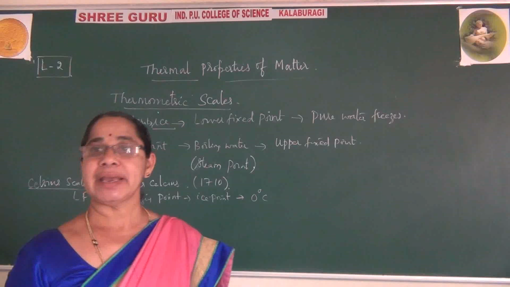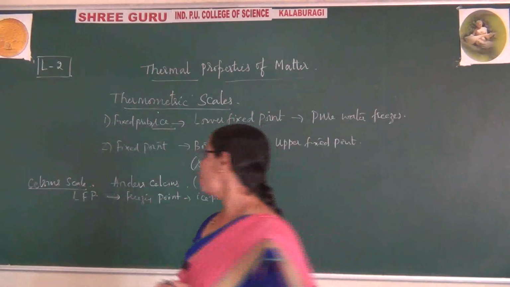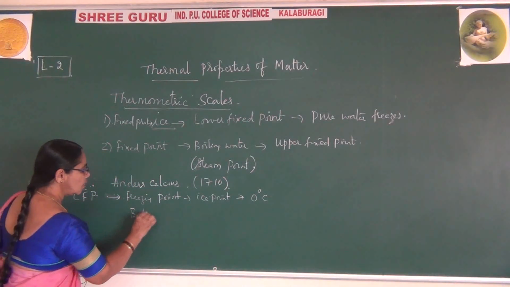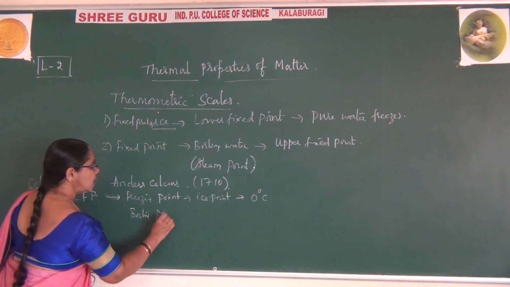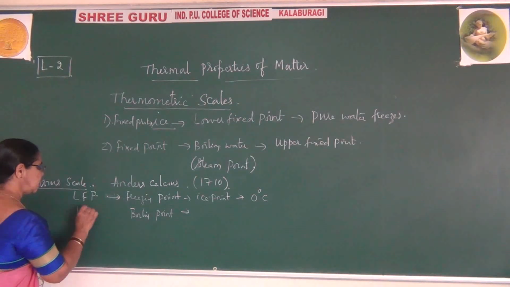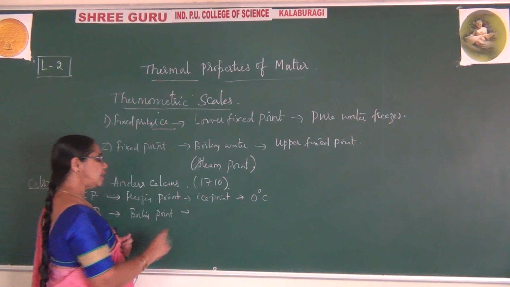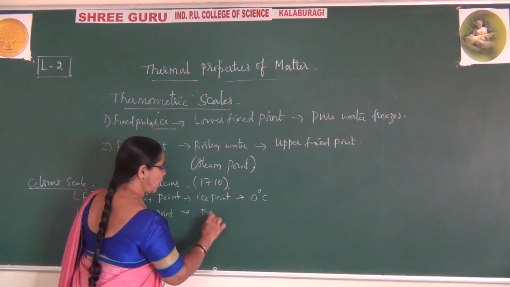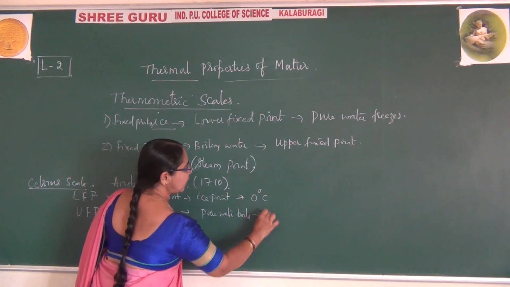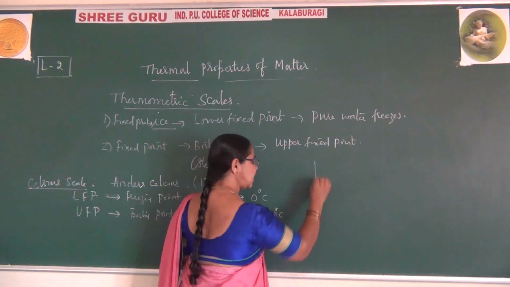And at the same time he has boiled that water and observed the temperature which is raised to nothing but the boiling water. He has taken the boiling point, and that point is taken as the upper fixed point. Upper fixed point means that is where pure water boils. That position where pure water boils is taken as 100 degrees centigrade. And this is the one scale you have.